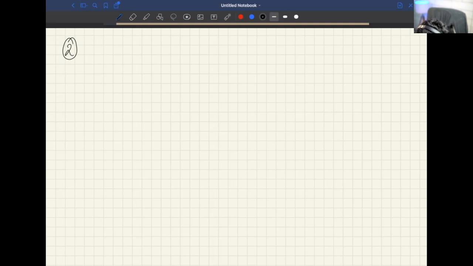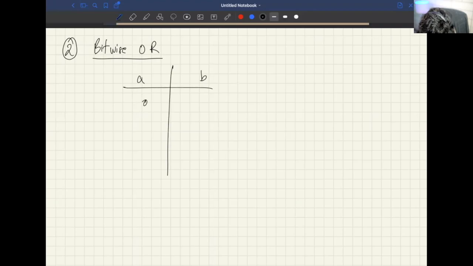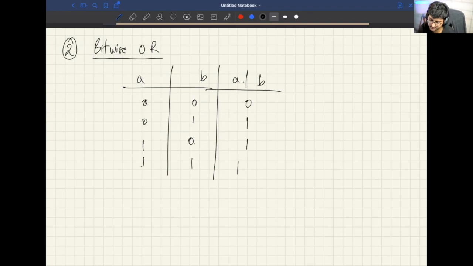Okay, bitwise OR. Bitwise OR means that anyone should give me true. Okay, so if you have two numbers, A or B, this basically means any one of these should be true. None of this is true, so this is going to be false. False and true, true. True and false, true. True and true, true. That's about it. Cool. We'll do more questions on that later.